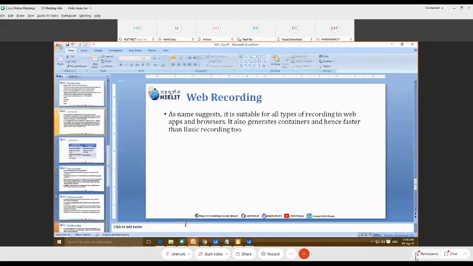We have already discussed all the three recordings, that is basic, desktop, and web recording. In the web recording, it automatically opens the application, but in the basic and desktop recording, it does not open the applications. So this is the main difference, and the second difference is that web recording is faster. The connector and selectors we will study in the coming sessions. Once we study the selectors and containers, then you will easily understand why web recording and desktop recording are faster as compared to the basic recording.